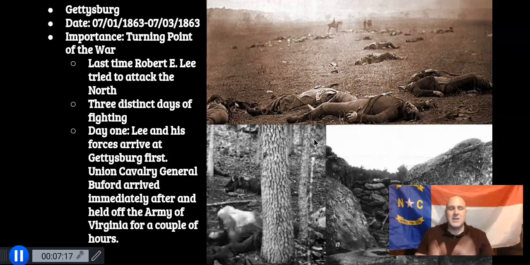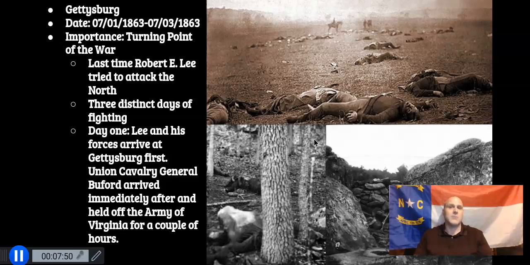This is one of the few times that Robert E. Lee attacked northern states. Most of this fighting was done in the South. So Robert E. Lee attacks. He wants to get Gettysburg so then he can turn on Washington, D.C. However, it doesn't happen. Day 1, Lee gets there with his Confederate army first. However, you have the Union cavalry led by General John Buford, who holds off this Confederate division, which is crazy, until later that day, when John Reynolds and his division come down